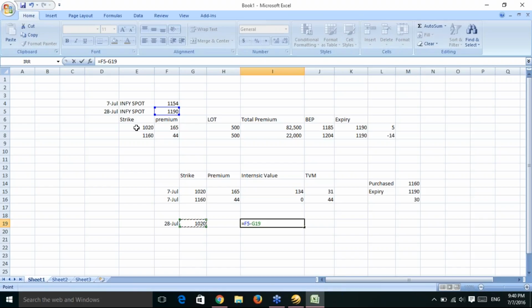So what should be the premium? Theoretically, the premium should be intrinsic value plus time value. So the intrinsic value would be the spot price on 28th of July, which we are assuming will go to 1190. So my intrinsic value will be spot minus strike. So spot,